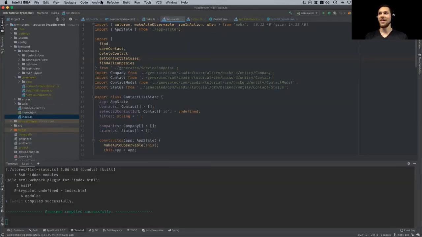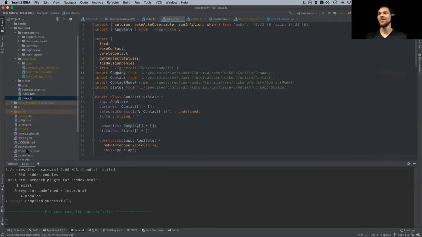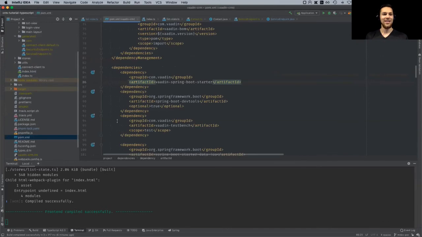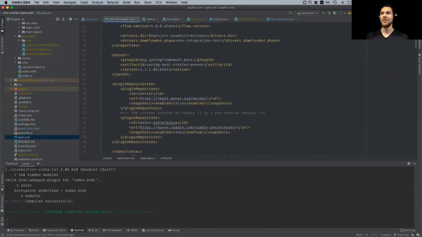Which Vaadin version did I use? Here, well, I like to live on the bleeding edge, so this uses 18 alpha 1. But the key point here, the same would work mostly with 17 also. 14, no. Okay, as much as I wanted to say yes, it's a no for 14, because